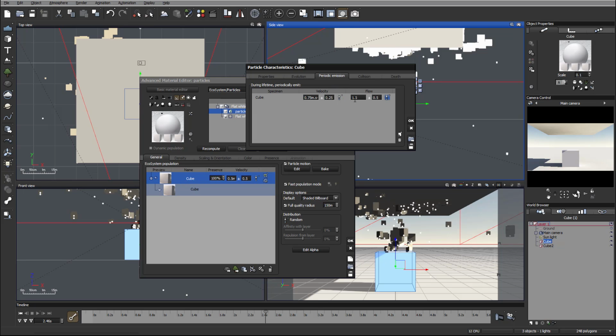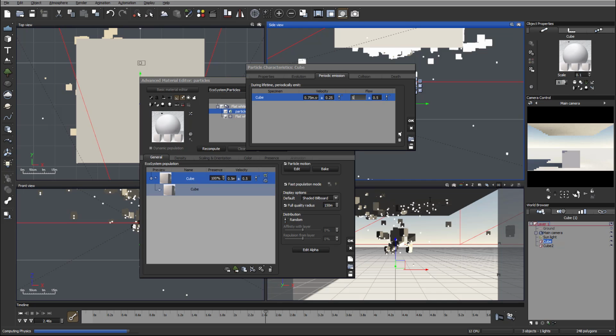Okay, as we work with the properties for this cube, you'll notice right here we have our original velocity, that is how much is emitted from. We also have flow, how many are produced, and randomness. So if you want to increase flow, how many, we can increase it to 5. So in this case 5 cubes will be emitted at the same time at the time of the second from our